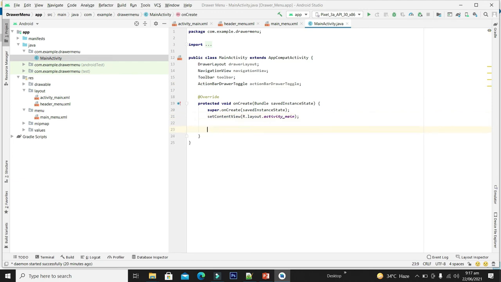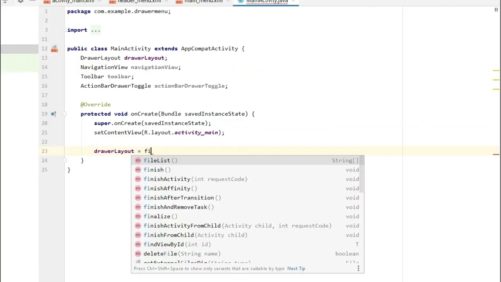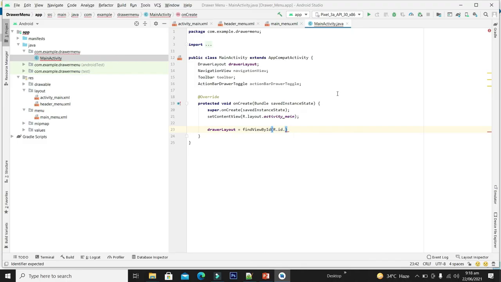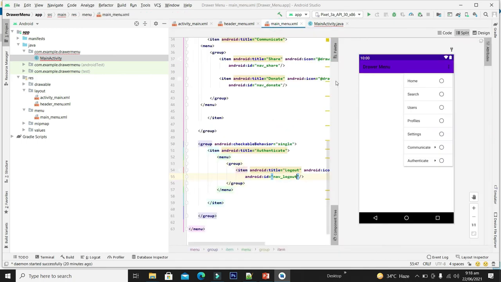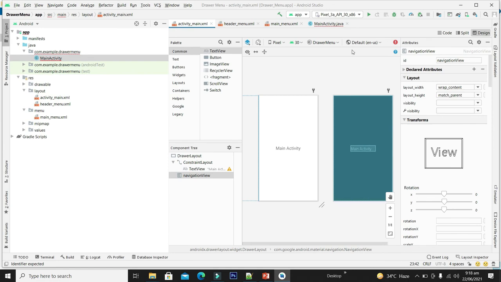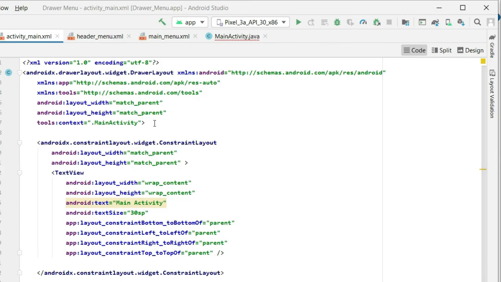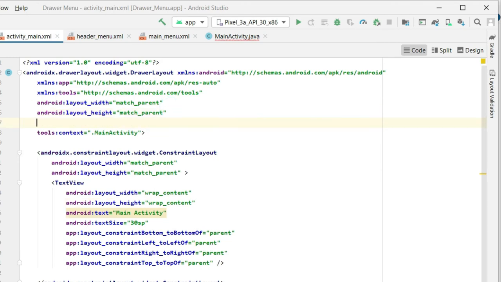Now let's give each object its resource file. We have not yet given the drawer layout its ID. For this we will go to the activity main XML file, and from here we have to give an ID to this drawer layout.